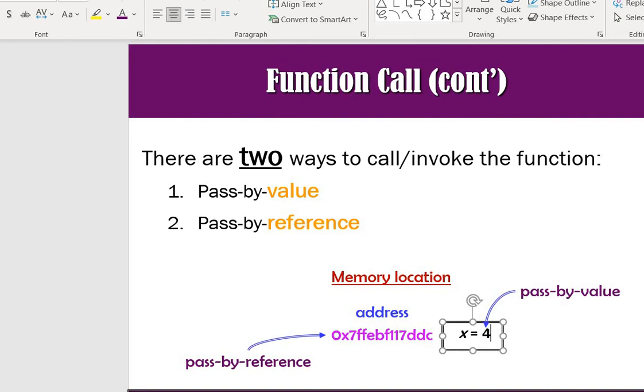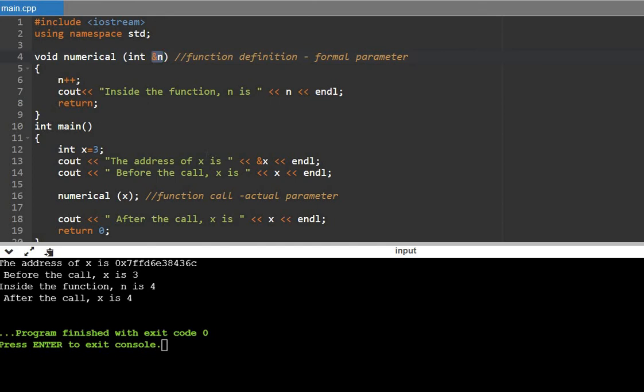Okay, so that's why in the main function the value of x is changed. After the call, x is 4 because we passed the parameter by reference, which is the